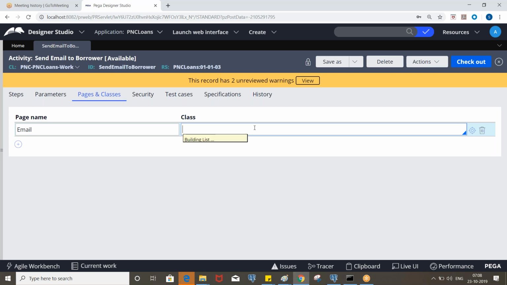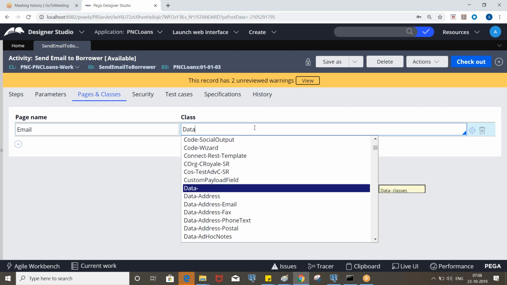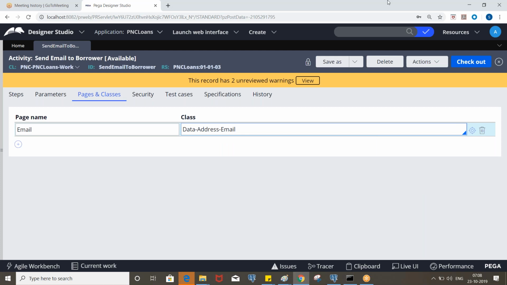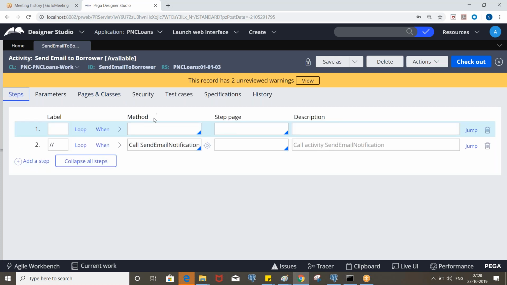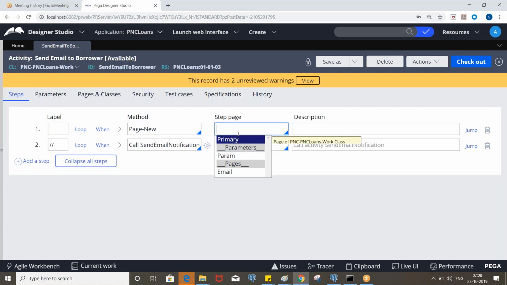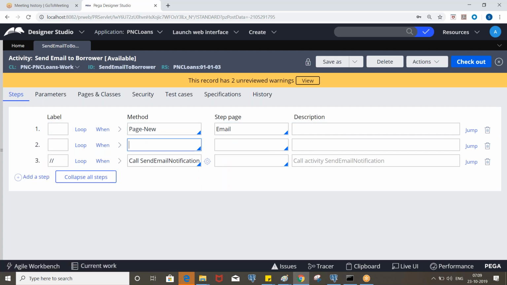Specify the corresponding class, that is data email account, and let's create the same page, email, and use obj open.